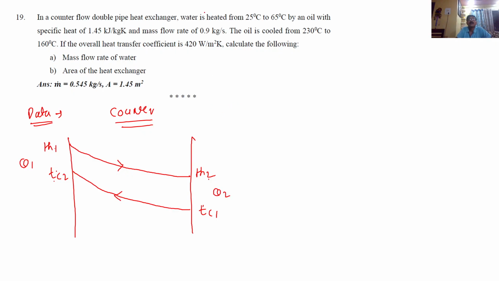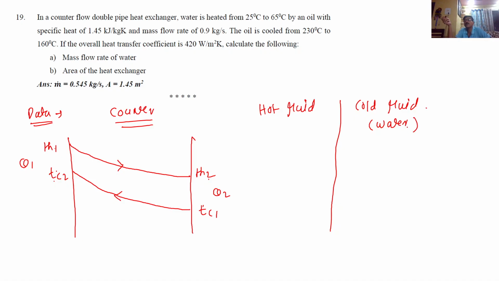Okay. Water is heated. Now I will make two columns: hot fluid and cold fluid. Now, water is heated means definitely water is the cold fluid. So Tc1 is given as 25 degrees Celsius, Tc2 given as 65 degrees Celsius. So this is 25, this is 65. An oil is heating the water. So naturally oil becomes the hot fluid